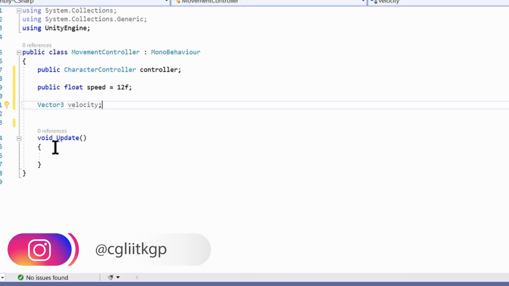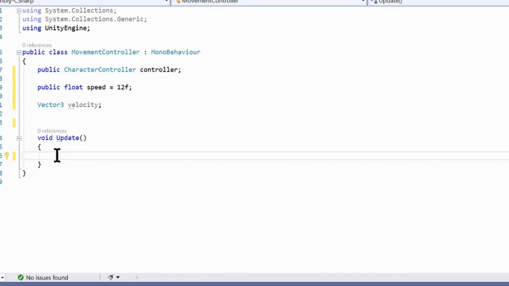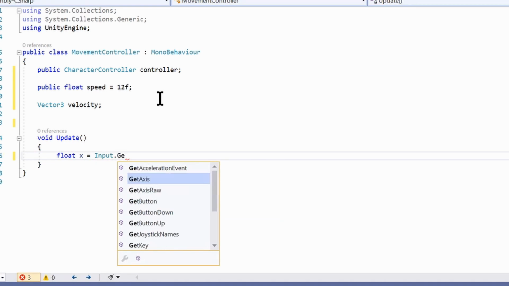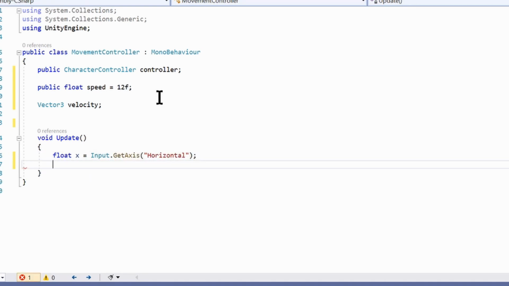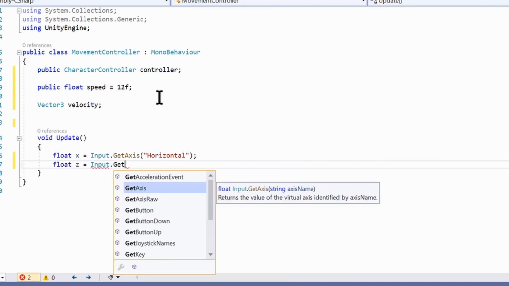Now let's jump into the update function and get some inputs. So float x is equal to Input.GetAxis horizontal and float z is equal to Input.GetAxis vertical.